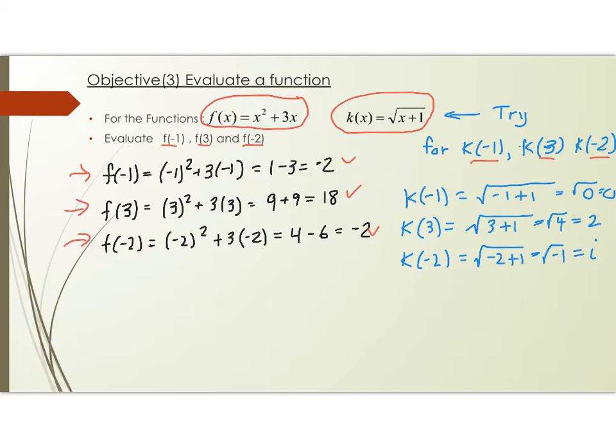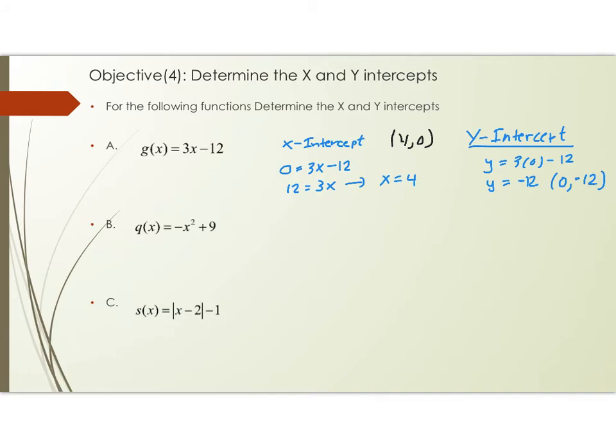Alrighty. So now our next objective is to determine the x and y intercepts. For the following function, determine the x and y intercepts. So we've done it for the first one. The x-intercept, I let g of x be equal to 0, and I solve for x. So 0 is equal to